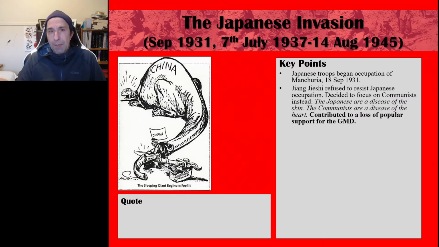So firstly, maybe one of the biggest, do we call it a mistake? I'm not sure, maybe not. Maybe Zhang Jieshi had no other options. But when the Japanese occupied Manchuria, Zhang wasn't only dealing with this Japanese occupation and potential invasion later on. He was also trying to defeat the CCP. So he had two enemies: the Japanese and the CCP, and there was actually even a third, his own warlord allies, who he couldn't totally trust. So he had three enemies. So he's trying to juggle all of these different opponents.